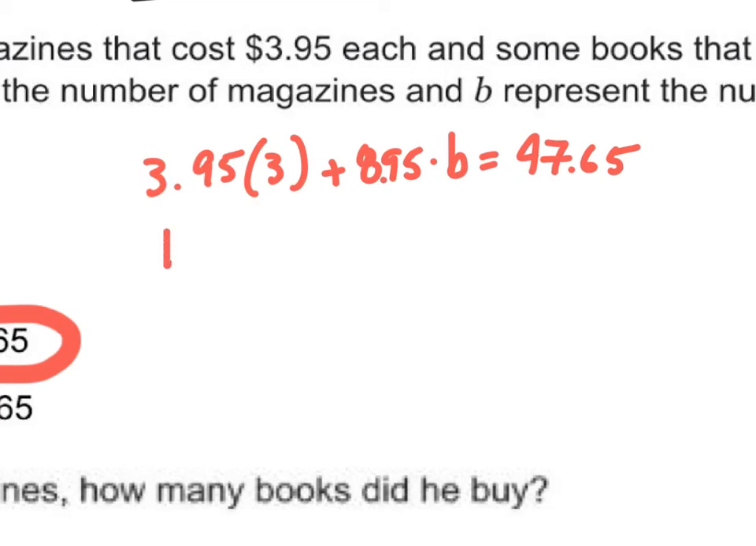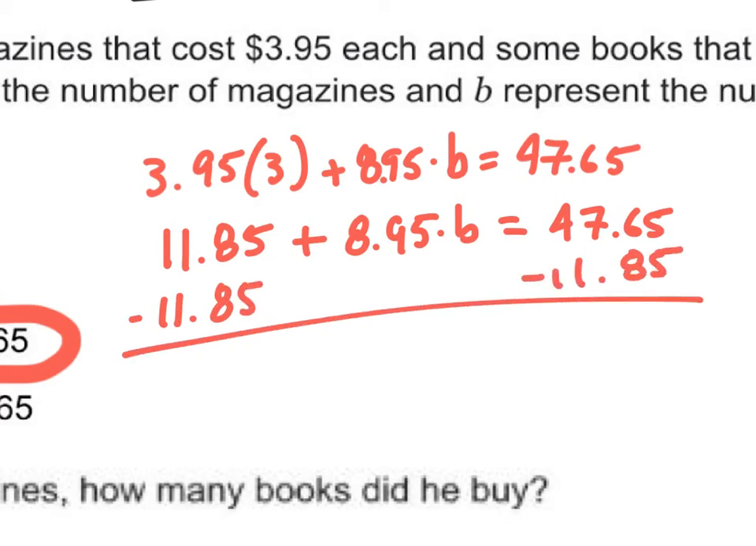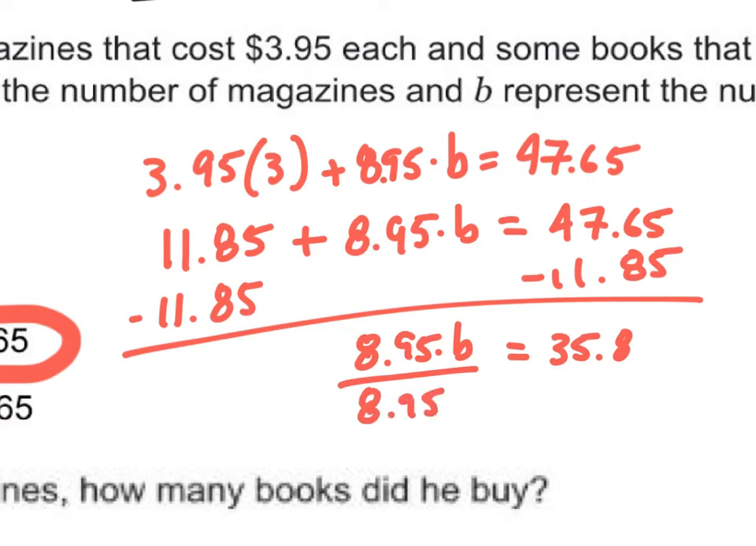That's going to give me $11.85 plus $8.95 times B, and that gives me $47.65. So if I subtract $11.85 from both sides, that's going to give me 35.8 is equal to $8.95 times B. Okay, if I divide both sides by $8.95,